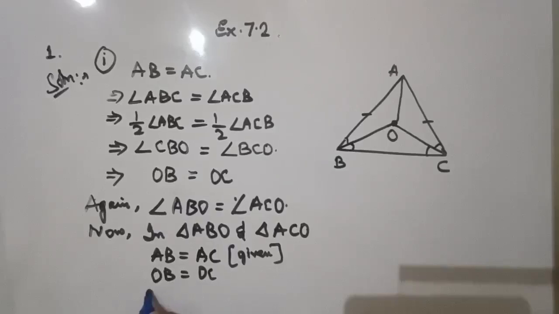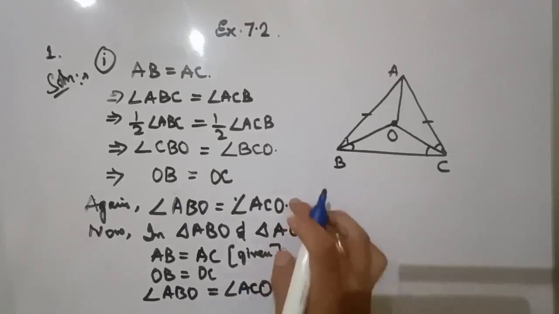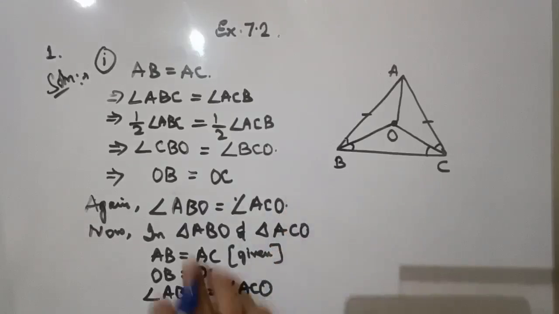And measure of angle ABO equal to measure of angle ACO. Just now we have also proved that angle ABO is equal to angle ACO. Now by SAS congruence rule,